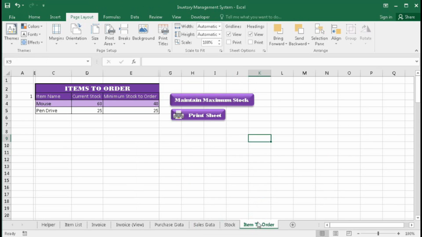Okay, now items to order, the same way we have to create the dynamic name range for this item to order table.